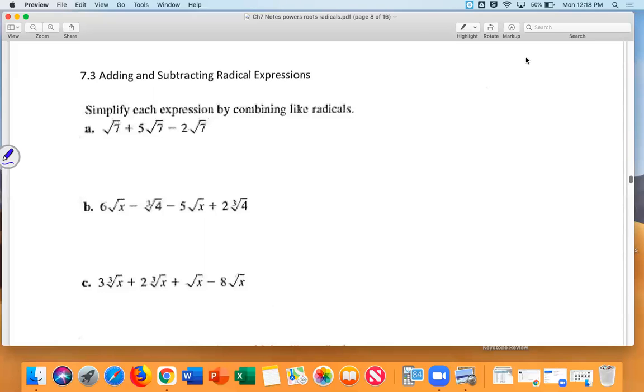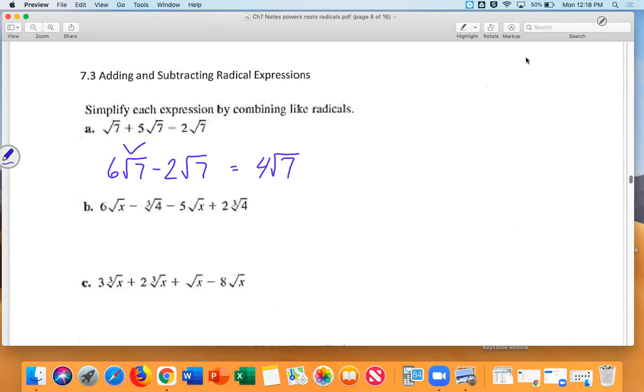All right. Root 7 plus 5 root 7 is 6 root 7. And then I have minus 2 root 7. That's simply 4 root 7. Do you see how it's very similar to the variables? All right. Now in B,